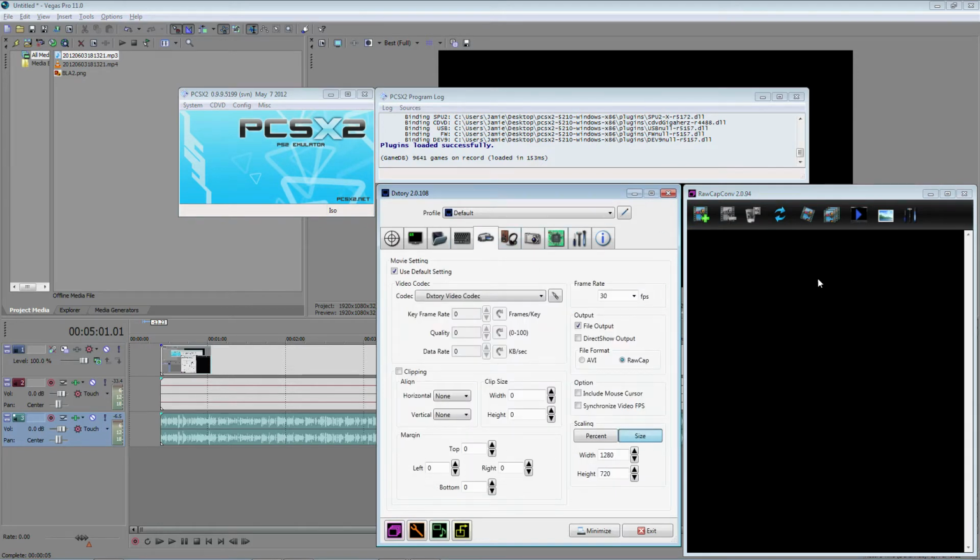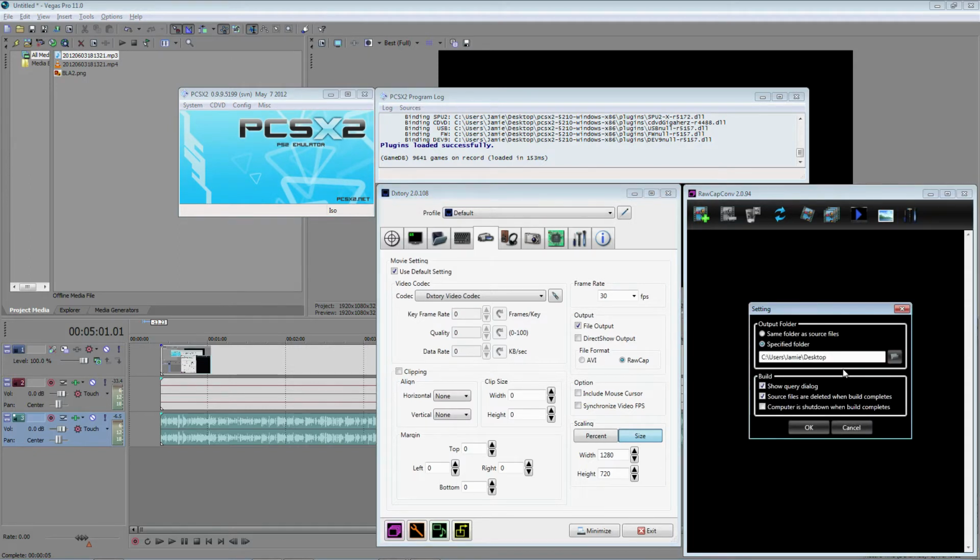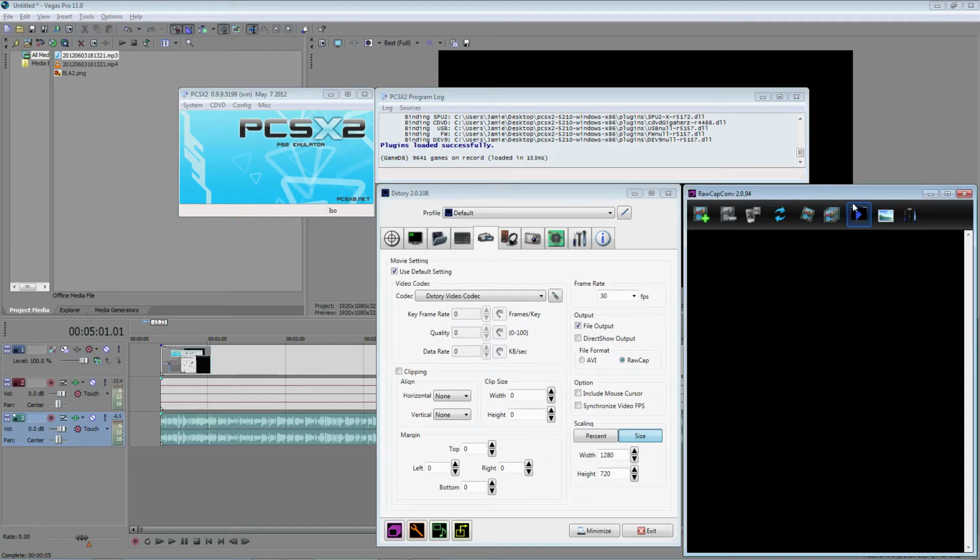And then all you do is select your file, and you can just go build selected files if you've selected more than one, or you can just go build all and it'll output them to wherever you tell it. If you go into settings, you'll see here that I have it set on my desktop at the moment, and that'll just put the file out to my desktop